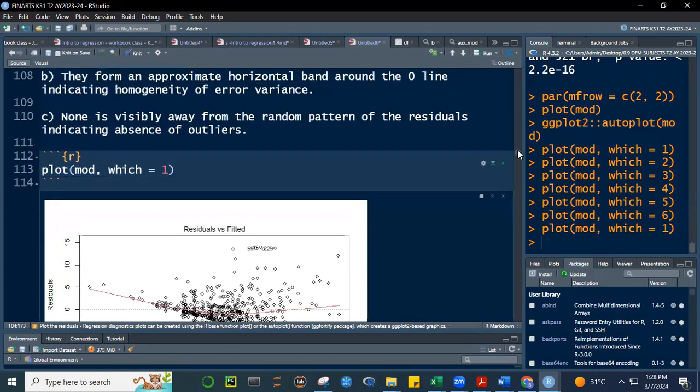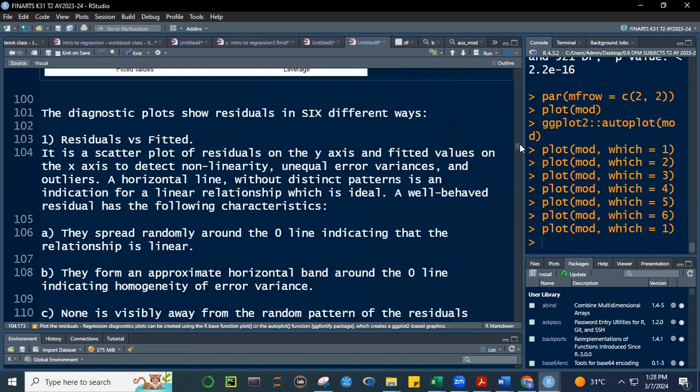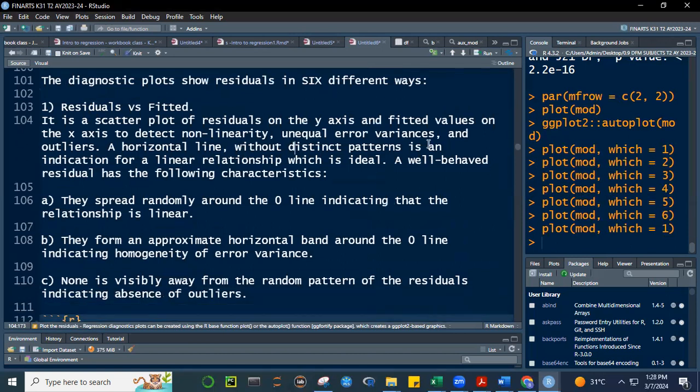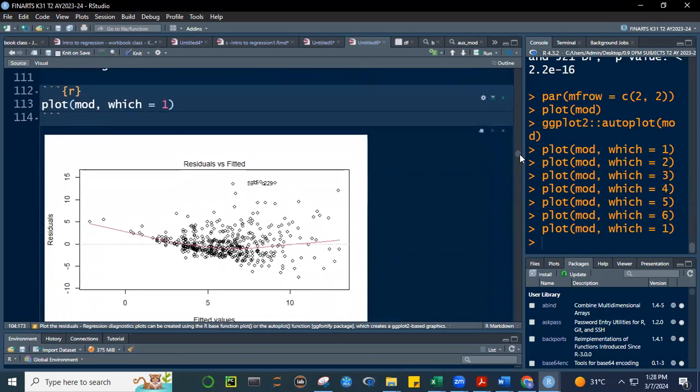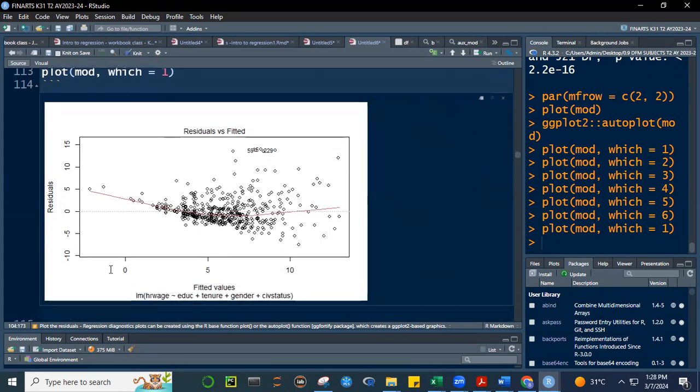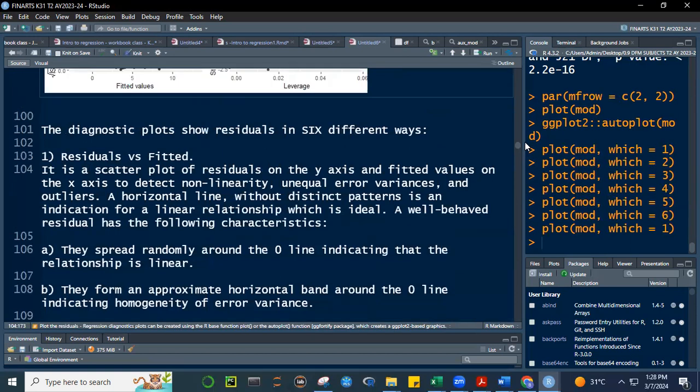Itong plot na to, class, it gives us several information, and I wrote it here, class. This is a scatter plot of the residuals on the y-axis, and then your predicted values or fitted values on the x-axis. Okay, so predicted versus the residuals. Scatter plot siya, and it's used to detect nonlinearity, unequal error variance or residual variance, which is heteroscedasticity, and also outliers. So itong first plot na to, tatlo yung nakikita natin kagad dito. Okay, so unang-una,